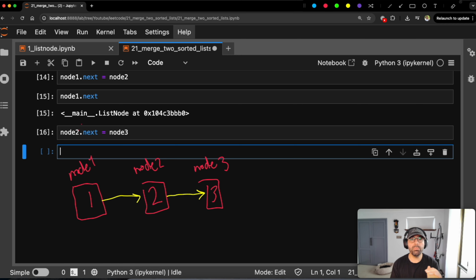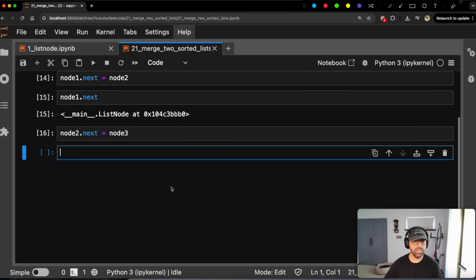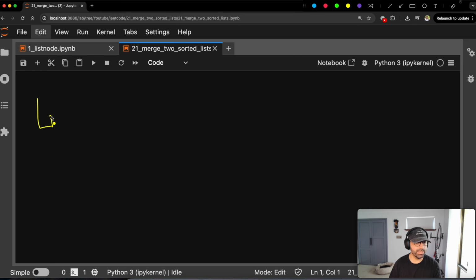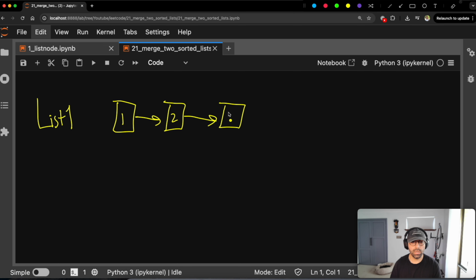How do we now merge two list nodes or linked lists into one single merged or spliced linked list? Well, to do that, I just need a black screen. I'm just going to scroll up. Now that I've got my blackboard, I'll say, based on the LeetCode example, list 1 is number 1 pointing at number 2 pointing at number 4, and list 2 is again number 1 pointing at number 3 this time, pointing